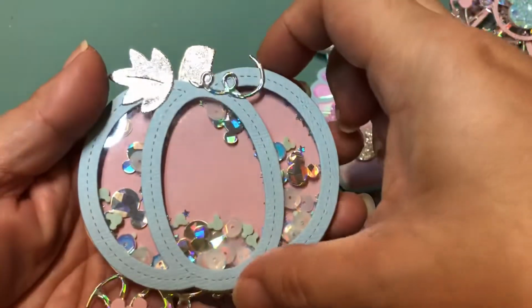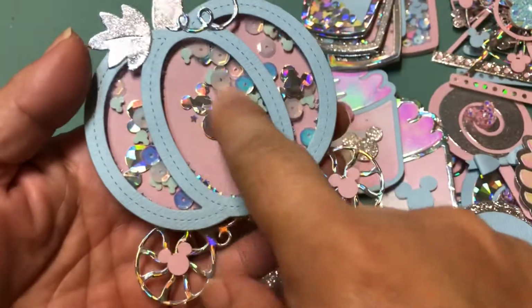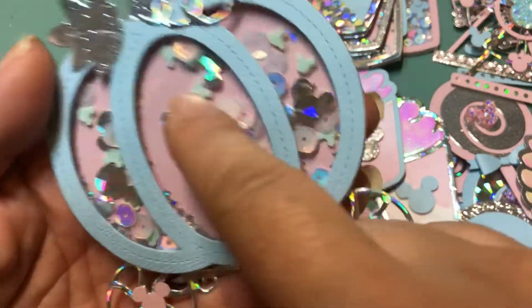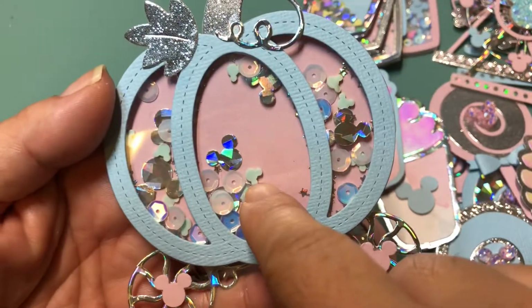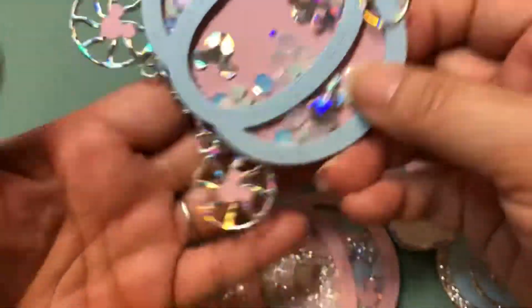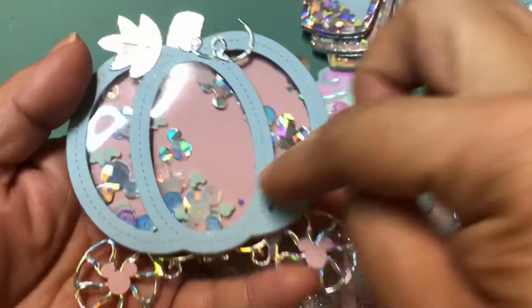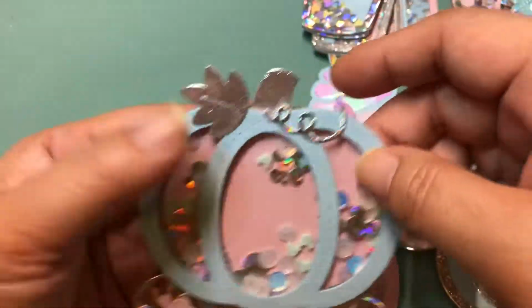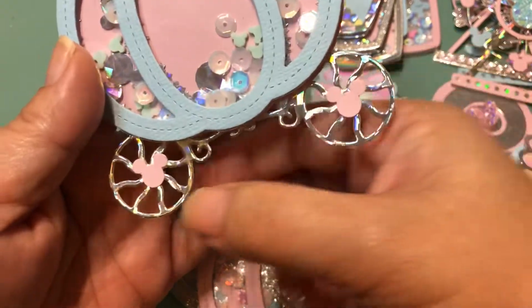But after I put the pumpkin together and I had put all the shaker bits inside, I just punched out a bunch of the Mickey heads, and then I went in with different types of sequins. And I did use those Mickey pieces from the sprinkle set that I got from Tower Shop, which is Urban Gems. I didn't want to put the whole thing, just those sprinkles. I just wanted to make my own mix. And then on the wheels, I did put the